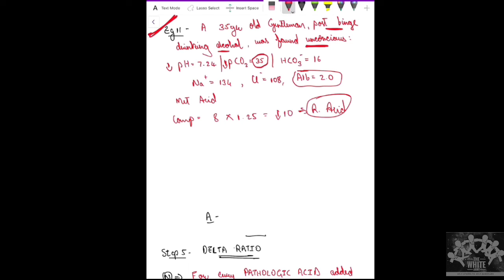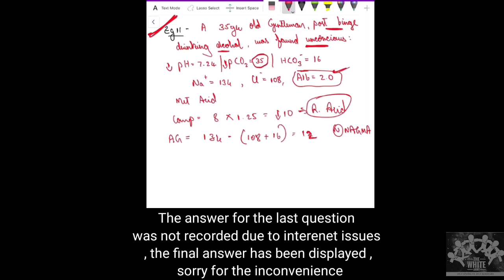Okay, then we calculate the anion gap. Yeah, good, Sanjay. We calculate the anion gap: Na plus is 134 minus (108 plus 16). Correct? This will give around 12. But if you see this value, it seems as though the anion gap is normal. It seems as though the disorder is normal anion gap metabolic acidosis. If we had ignored the albumin, it would have seemed as though it is NAGMA. But now if we use the adjusted formula, we